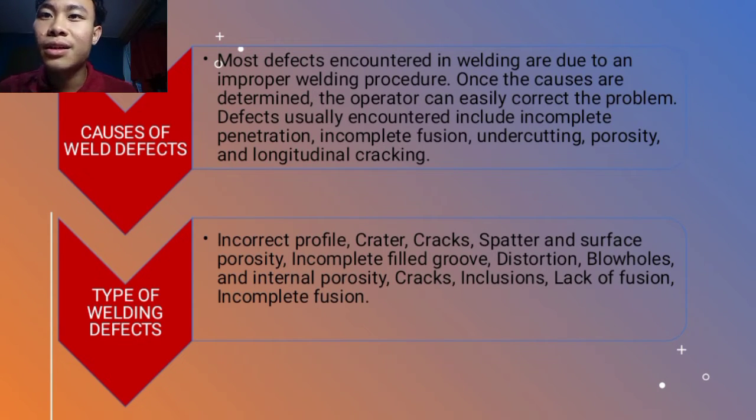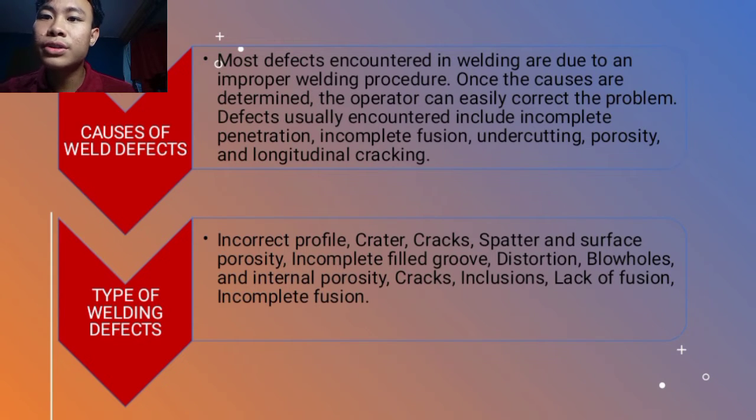Causes of weld defect. Most defects encountered in welding are due to an improper welding procedure. Once the causes are determined, the operator can easily correct the problem. Defects usually encountered include incomplete penetration, incomplete fusion, undercutting, porosity, and longitudinal cracking. Types of welding defect: incorrect profile, crater, cracks, spatters, and surface porosity, incomplete filled groove,